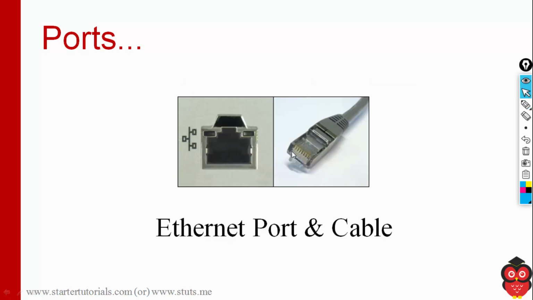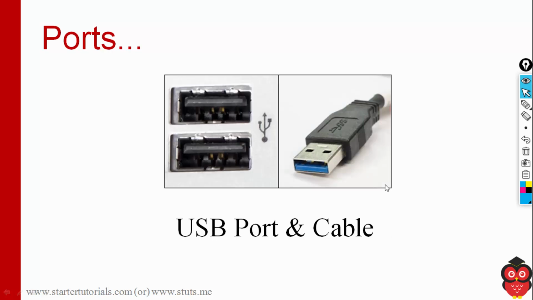Let's continue. As previously I told you, this one is an Ethernet port, and the cable that goes into this Ethernet port is this one. This is called an RJ45 cable, which is generally used to access the internet. Let's move on. And these are USB ports. Generally the things we connect into these ports are pen drives. Nowadays mouse and keyboards are all coming with USB ports, very popular ones.